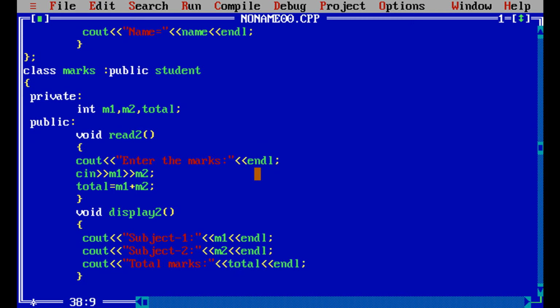So that is display 1 and display 2. Display 1 has name and roll number, display 2 has subject 1, subject 2, and total marks.